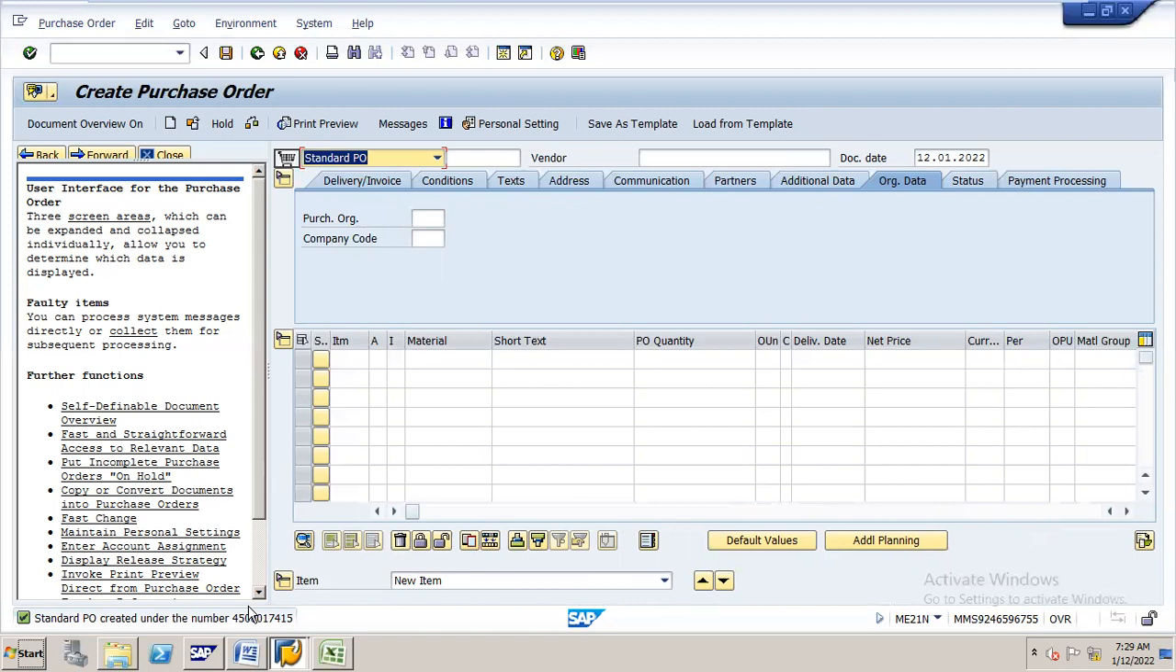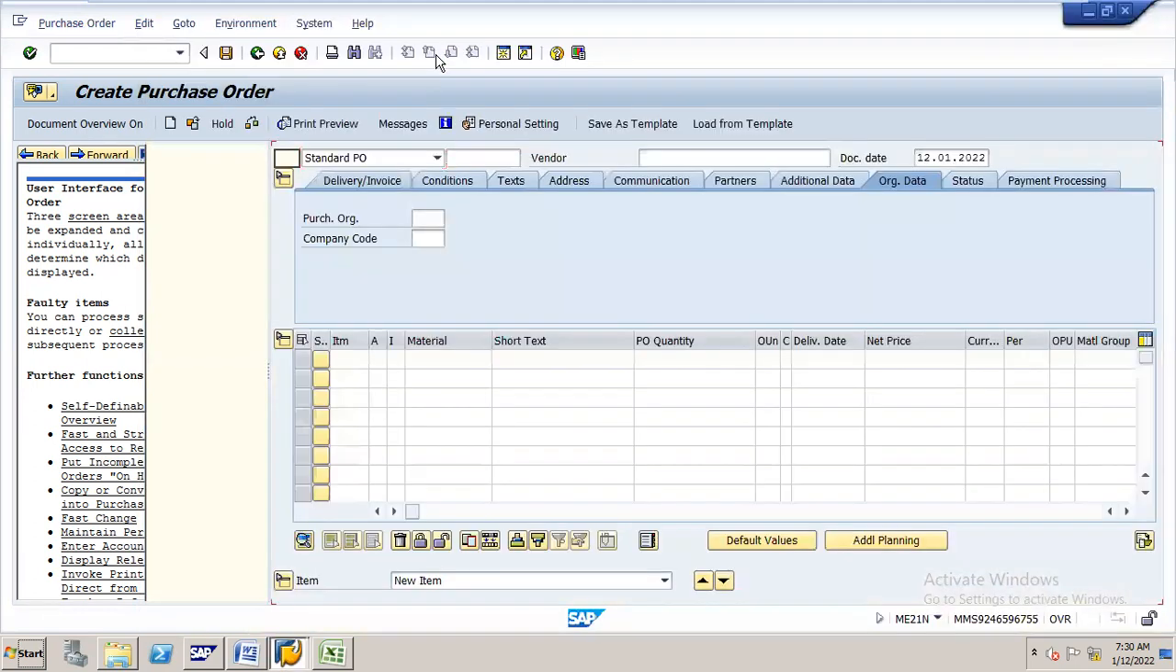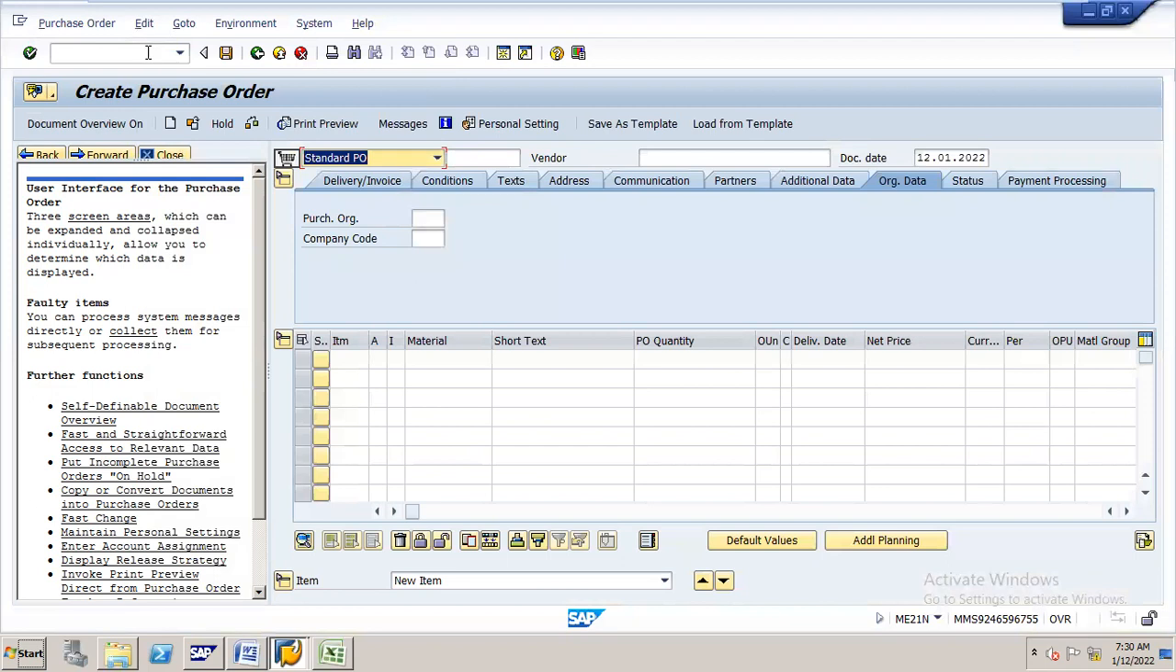Okay, so this is our PO. What is this PO? 7415. Okay, so now let me copy this. Now I'm going to take goods receipt. Okay. So where I'm going to take goods receipt,